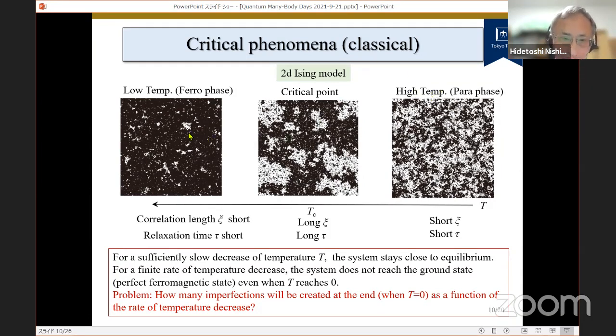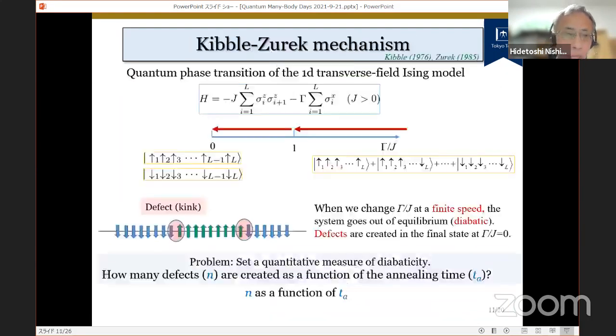And there should appear those small islands even at 0 temperature, which is a dynamical effect. So the problem is how many imperfections or those white islands will be created at the end of the process as a function of the rate of temperature decrease. And Kibble and Zurek answered this question. Let me explain